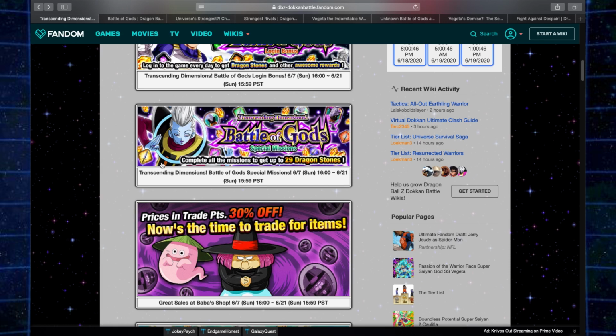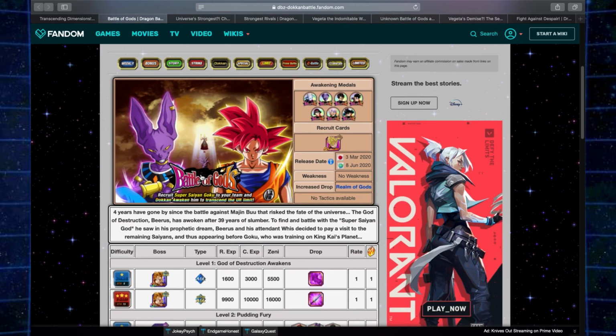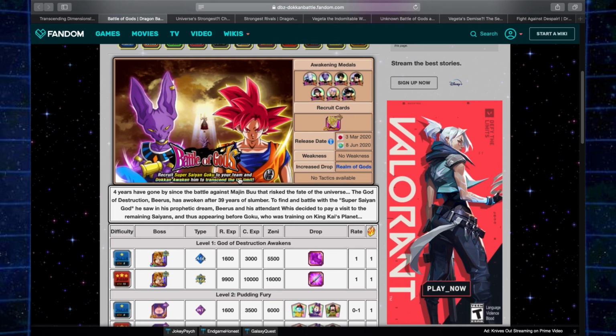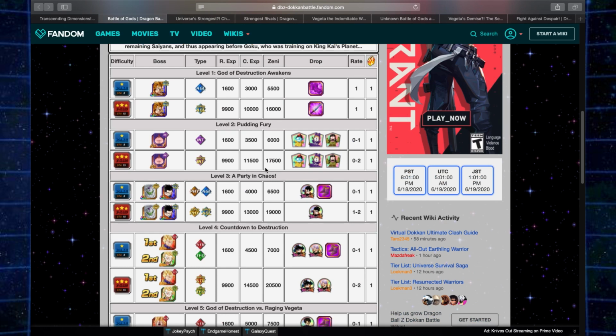Training items and locations. So we're gonna start off first with this one, Battle of Gods. Currently right now I'm grinding this one. Wait, no, it is not this one, but this one, I mean,